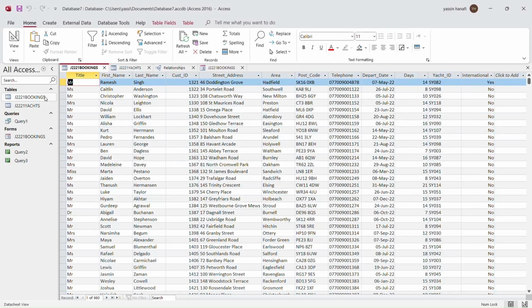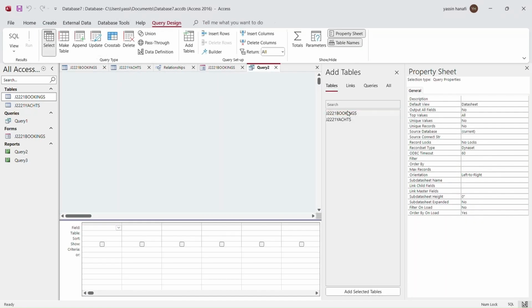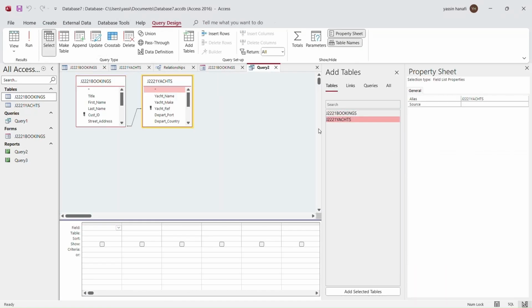Next up, we've got queries. So to do that, you'd go to create, you'd create a query from query design, select the tables, and then whichever fields you want to keep in your query. In this case, I'm going to go with title, first name, last name,